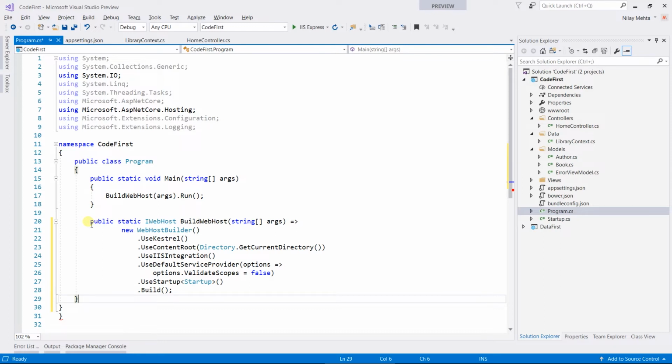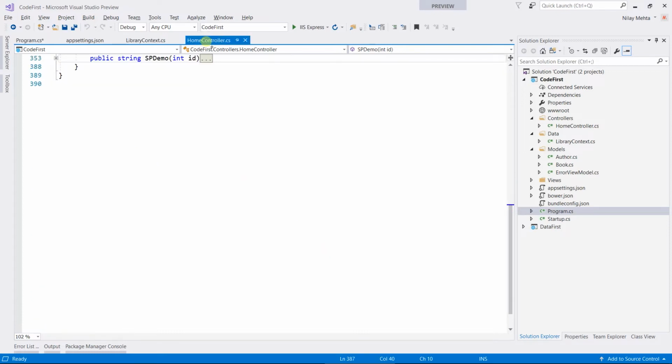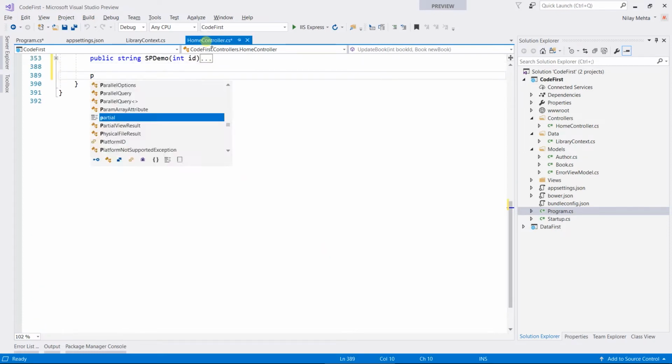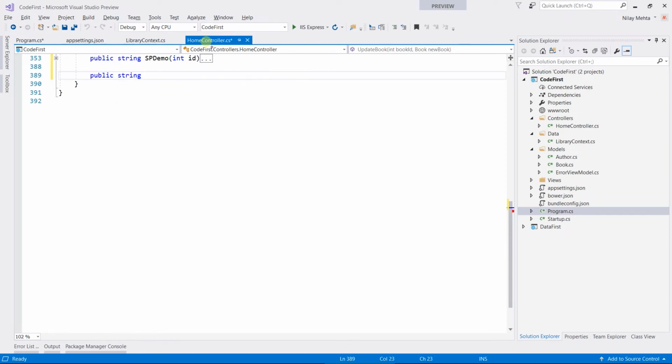In this session we will see the automated migration, and in the next session we will perform the manual migration by using the package manager console. For automated migration, let's create a new action named migrate. For that, open the home controller, add public string migrate,